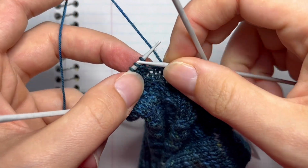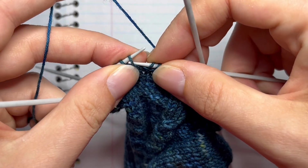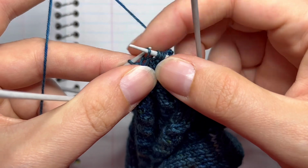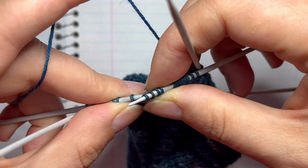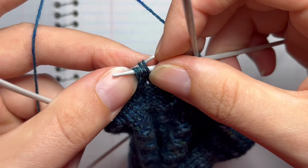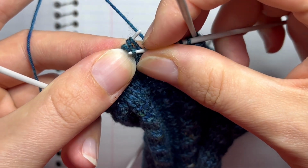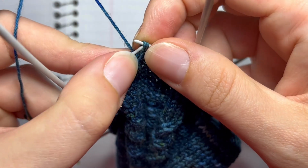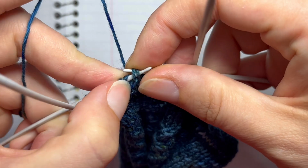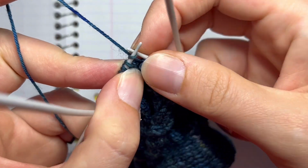And then right after that, we have a 2x2 right purl cable. So we'll get that one going. Got my stitches slipped over to the right needle. Grab from the back my purl stitches. Put my knit stitches back onto the right needle. And then back onto the left needle. And then